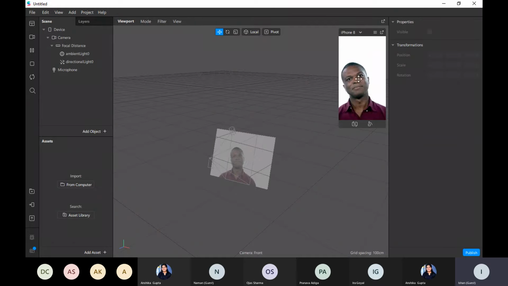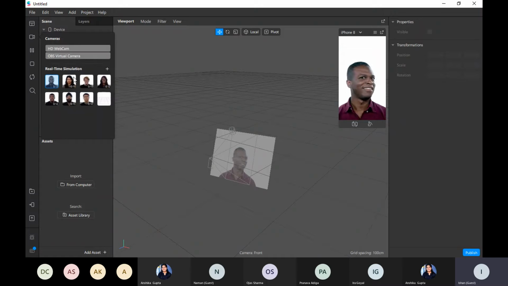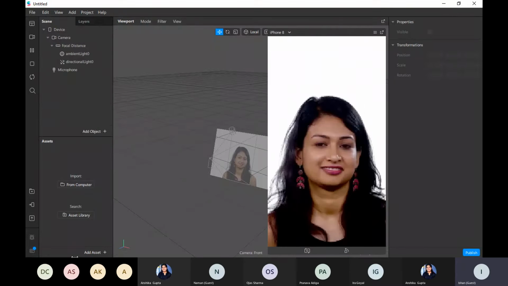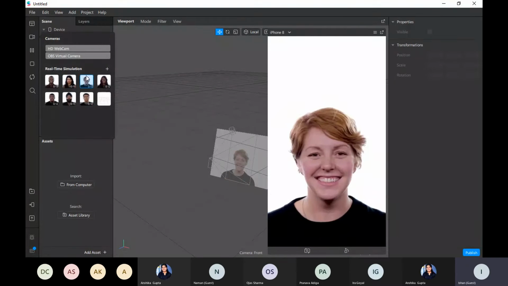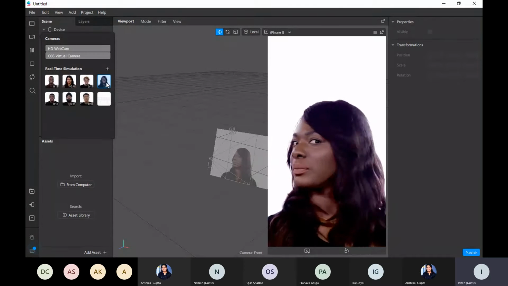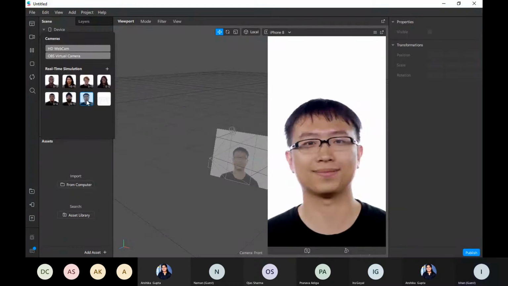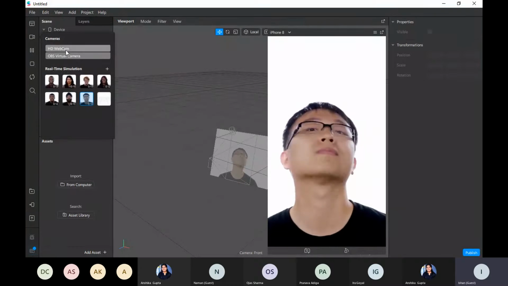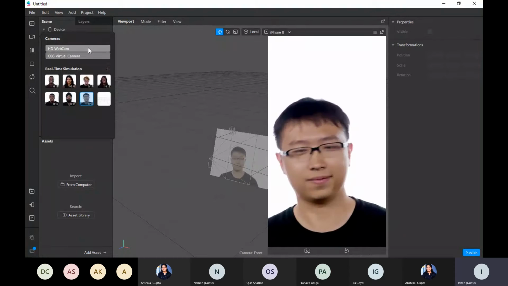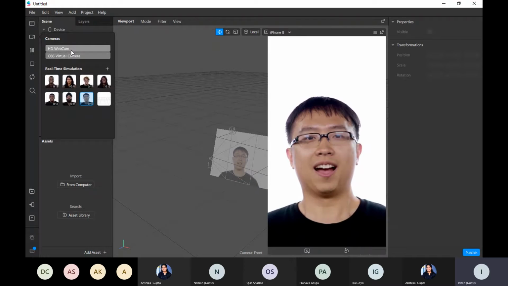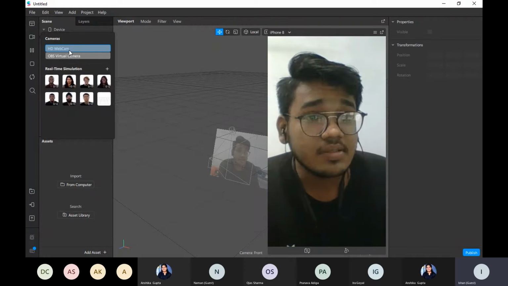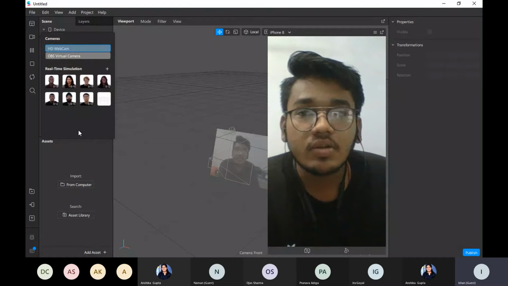like this. This is a sample face which you can test your filters on. This is a simulation, or you can test your filter on different faces like this. Let's just make it bigger, like this, on different skin types, on different hairs, on even different beards, on different nationalities. You can test your filter on, or to test your filter on yourself, you can just go to cameras and click the top one to turn on your camera. Yeah, you can see the camera is turned on.